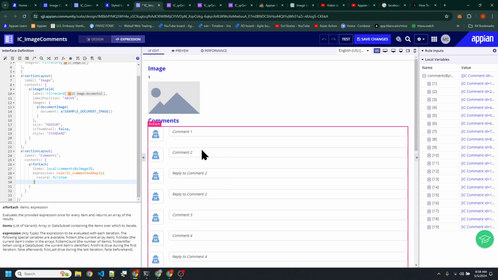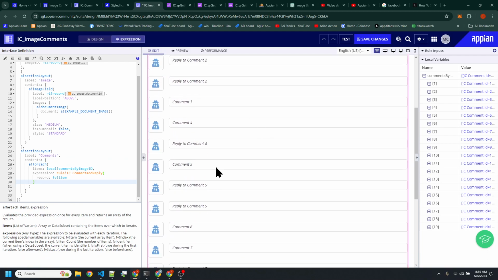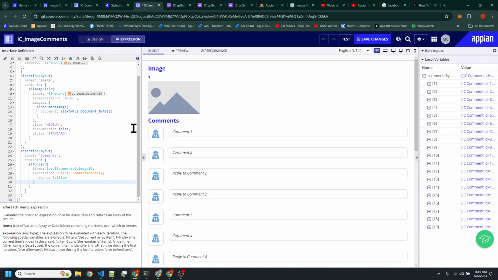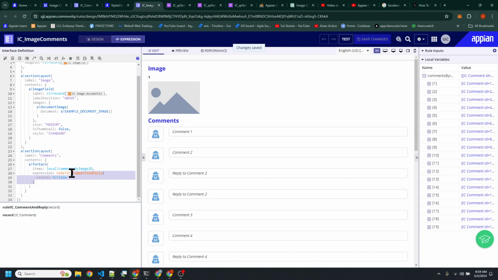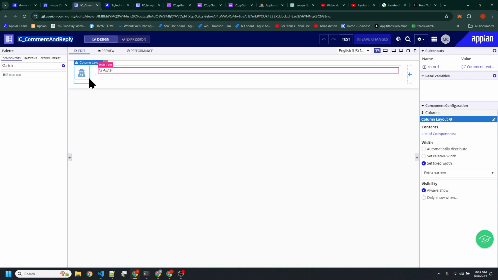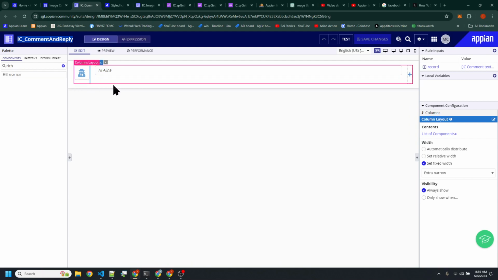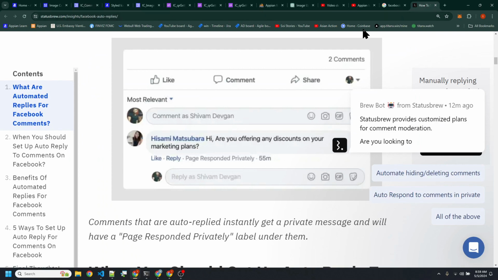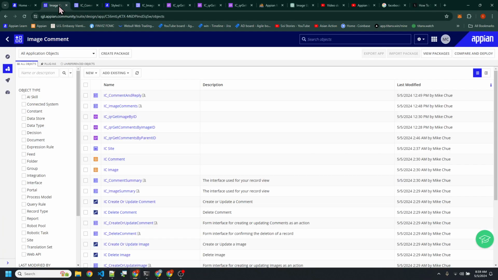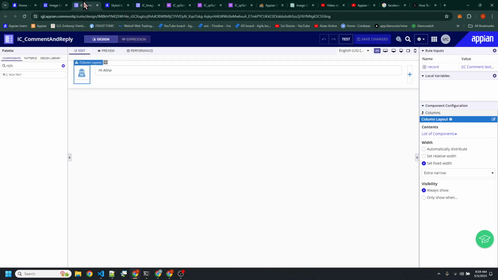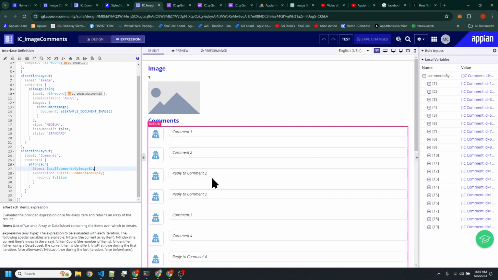So as you can tell, we got the image up here, and then we got a bunch of comments here, right? So in our next video, we'll update this nested. It's called a nested interface, so that we got the reply button and stuff, and we have also the like and reply, and then they click on reply. This thing down here opens up, and then you can type something down. But incrementally, as you can tell, you could use Appian to build something that nobody else has. It's really up to your imagination what you want to build.